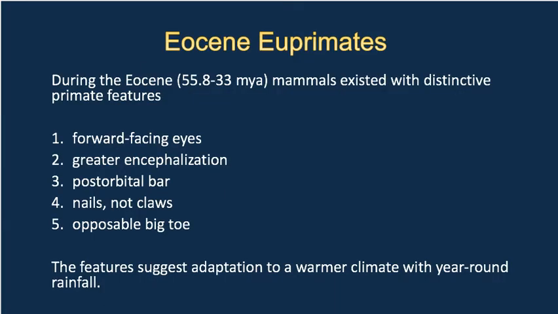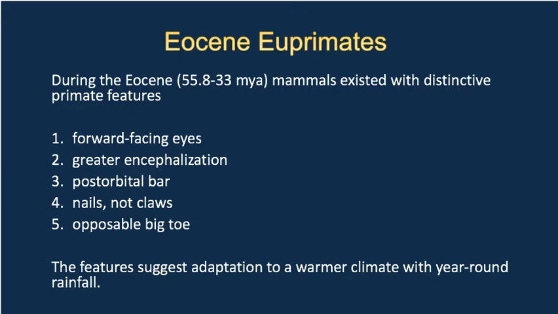So during the Eocene, we see the emergence of a category of primates called euprimates. These are the earliest primates that emerge in the fossil record. We see some characteristics listed here, including forward-facing eyes. We talked a lot about that earlier in the semester when we talked about primate characteristics. Forward-facing eyes are really important for being able to live safely in the trees, having good depth perception, being predators, whether of small animals or insects or whatever.